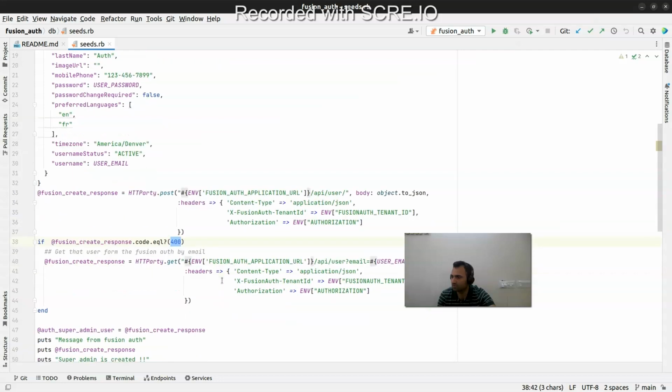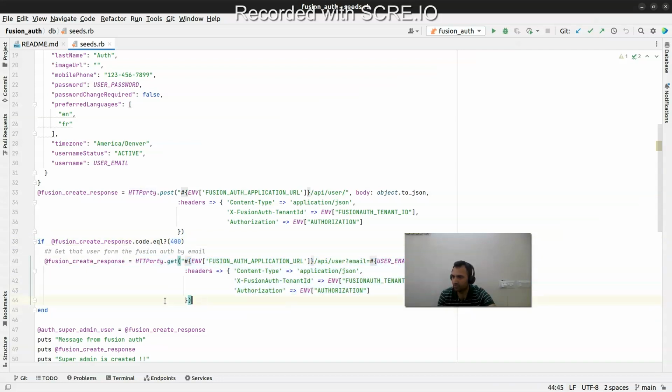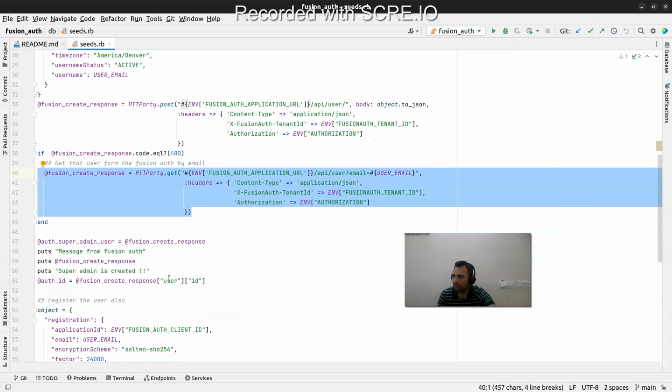If that response is 400, then there is something wrong with this. So if a user with this email ID is already there, it is going to give you a 400 error. In that case, we need to get that user with the same email ID, and then fetch that user from the FusionAuth server. And after fetching it,